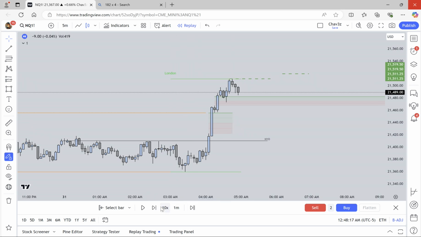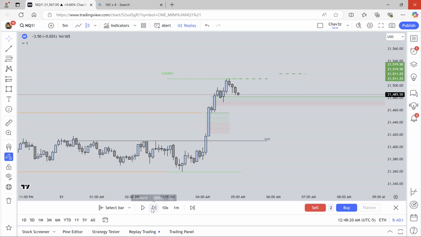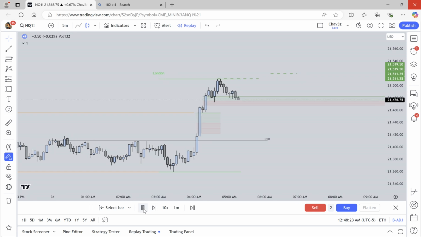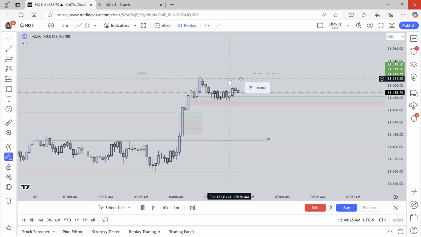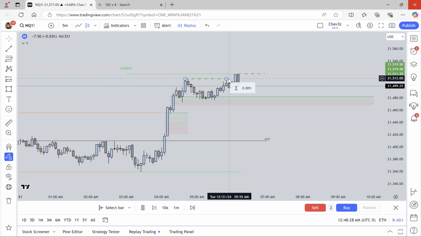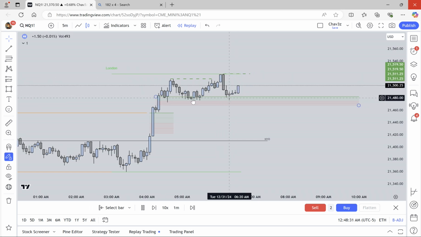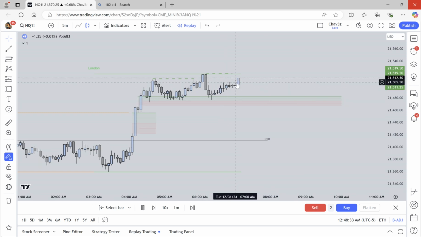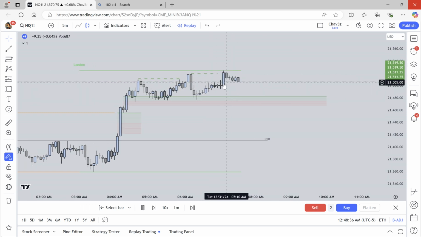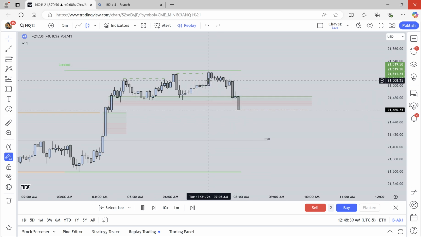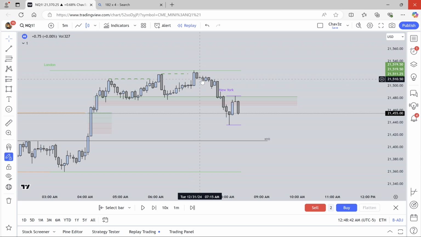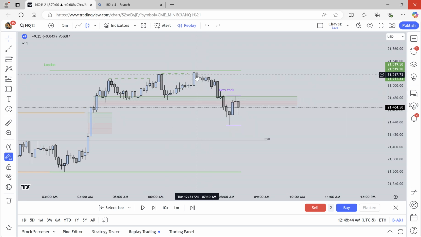So here's London high, and then as we go forward, let me just go forward real quick. As we go forward and we take that high out, did we displace and create a fair value gap? No. So we dropped back into the range, but we're held up by this PD array. Then when we come back up to attempt to displace again, were we held up by the fair value gap that was created? No. We created more bullish structure, but we were just accumulating stops here. We failed to create the fair value gap here. We created a baby fair value gap, but immediately traded back into the range.